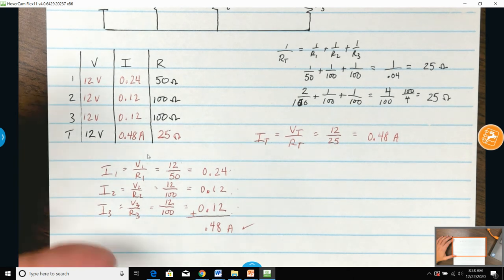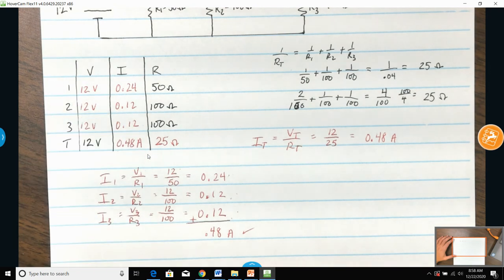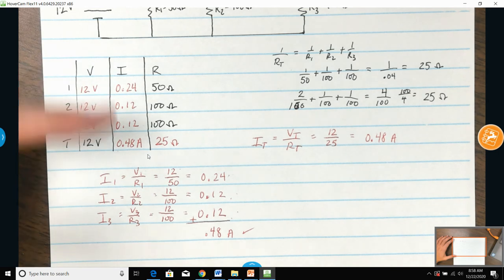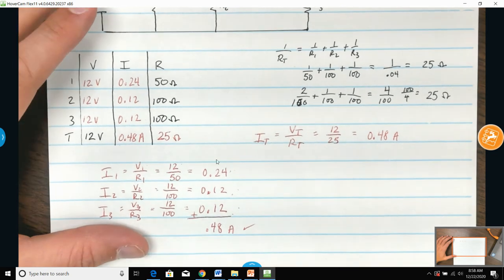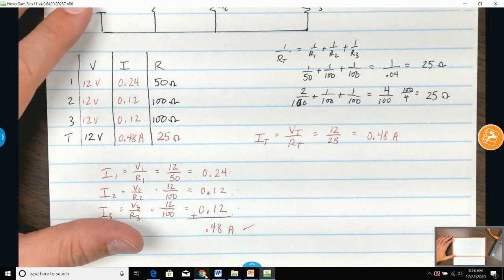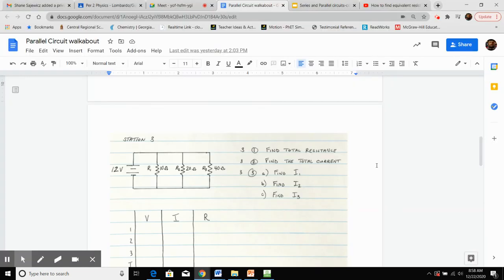Okay, so pretty much once you do this, I and V were kind of swapped from series. Where I used to be the same, here voltage is the same. And instead of finding voltage drops, we're just finding the current through the different branches. Okay? So with all of that being said, the next thing that we are going to wind up doing